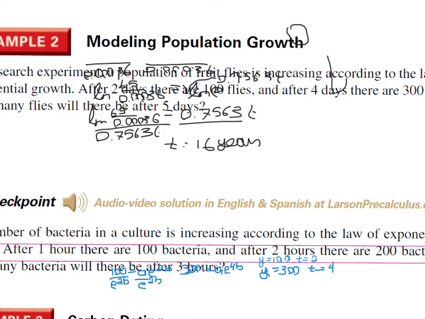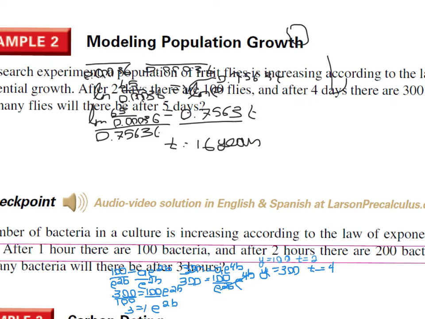And then I'm going to plug it into my other equation. So I have 300 is equal to, we just solved for A, which is 100 over e to the 4B. So you need to think about that. These are going to cancel out, which is going to leave us with 300 equals 100 e^(2B). I divide by 100. I'm trying to get e by itself. So I've got 3 is equal to